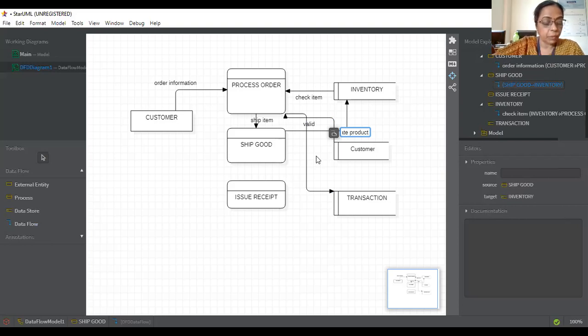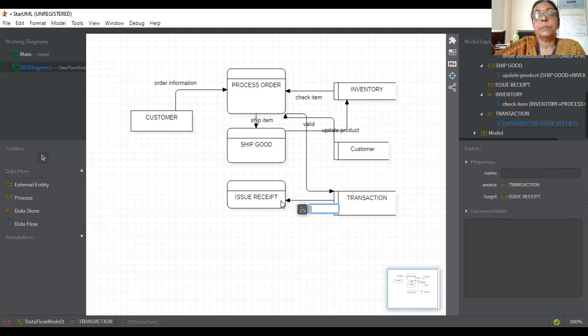Now after that, what will happen? Transaction will issue a receipt. Now again we connect it, and the receipt will go to the customer.